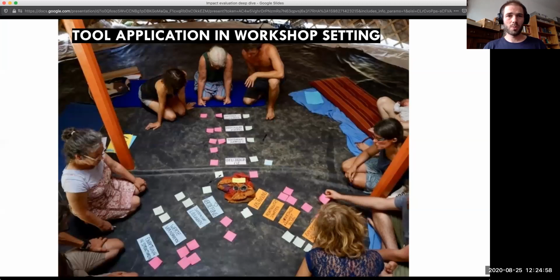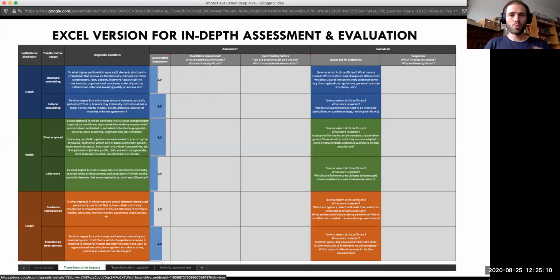I've had some prototypes, applying it in workshops where you have these 3 dimensions laid out and have people reflect on which capacities are strongly developed in their networks and which they could develop more. I also made a prototype of an online Excel version where you fill out each of those capacities or impacts and rate it from 1 to 5, and reflect on what has been working well, what we have been achieving, and what we could do to increase our capacity.